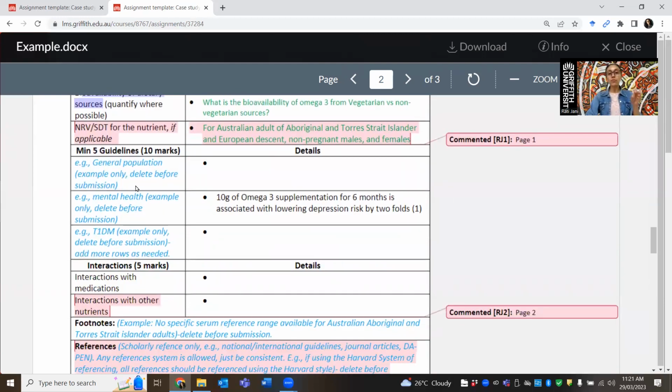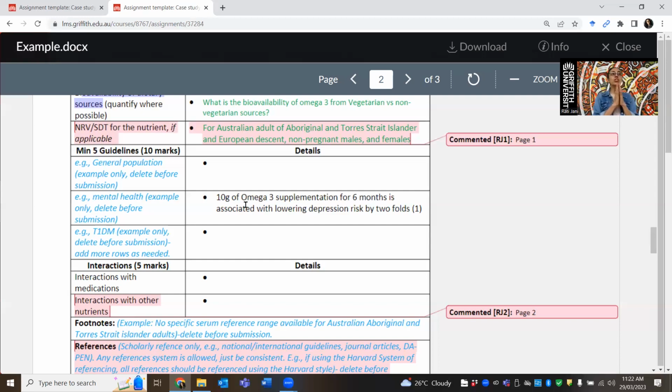Then this is the heart of the thing. I've just given one example over here: when I have done my research on omega-3, I know that omega-3 has been researched a lot within the space of mental health and has a lot to do with depression, for example. So you may find something like this in PEN or ESPEN or some other research document, where it says that 10 grams of omega-3 supplementation for 6 months is associated with lowering depression risk. Now guys, with this guideline page, what I would encourage you to do is,